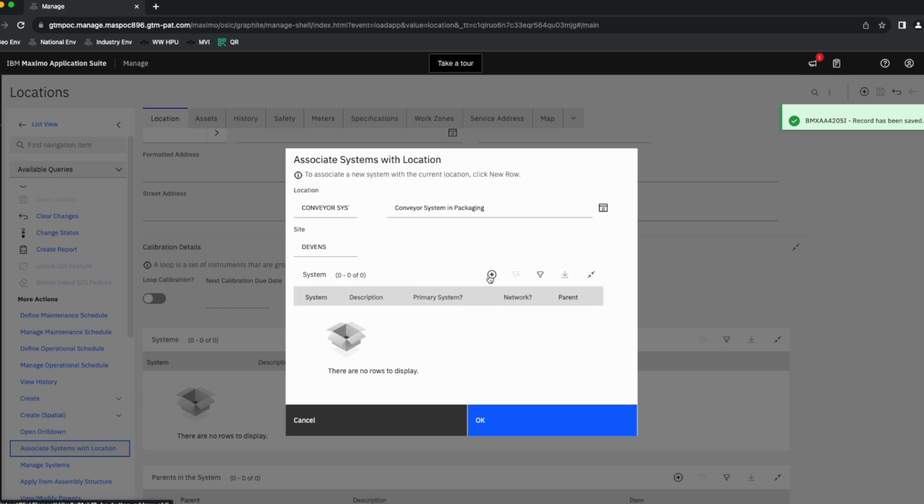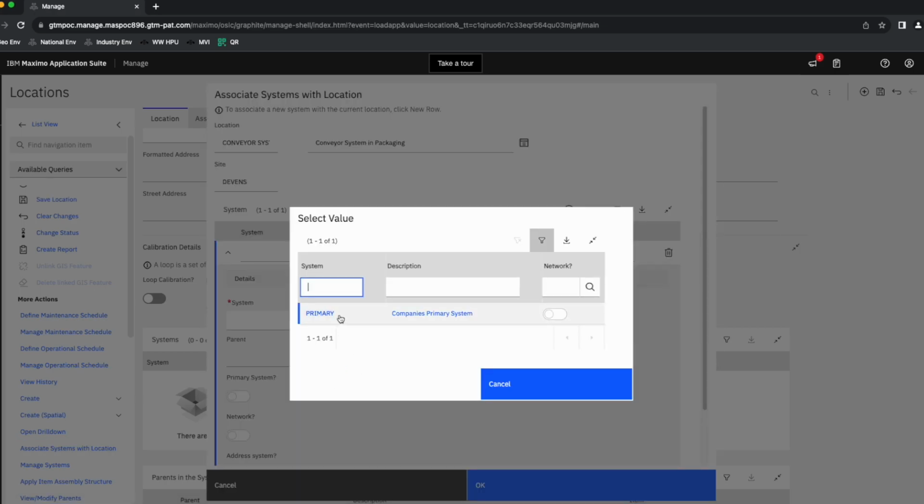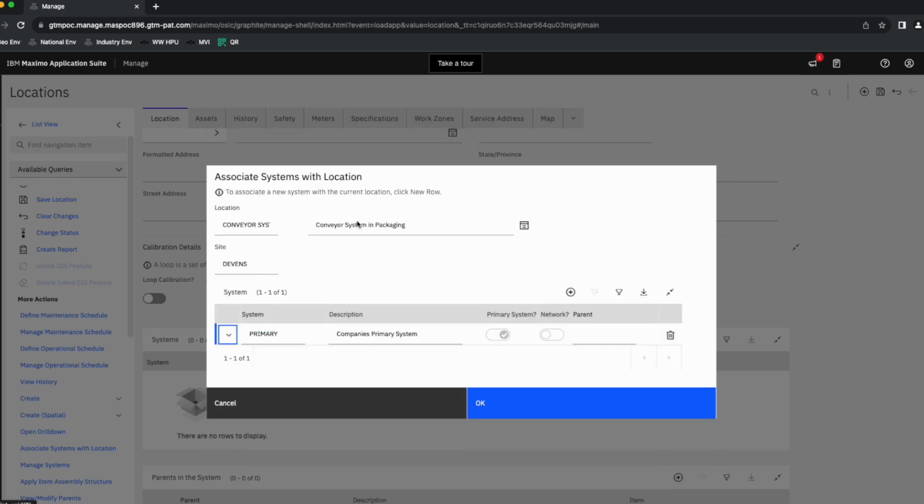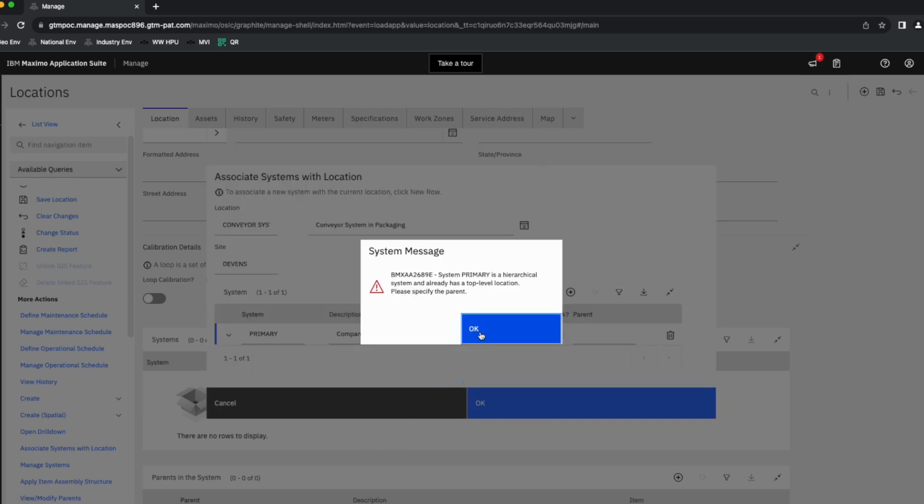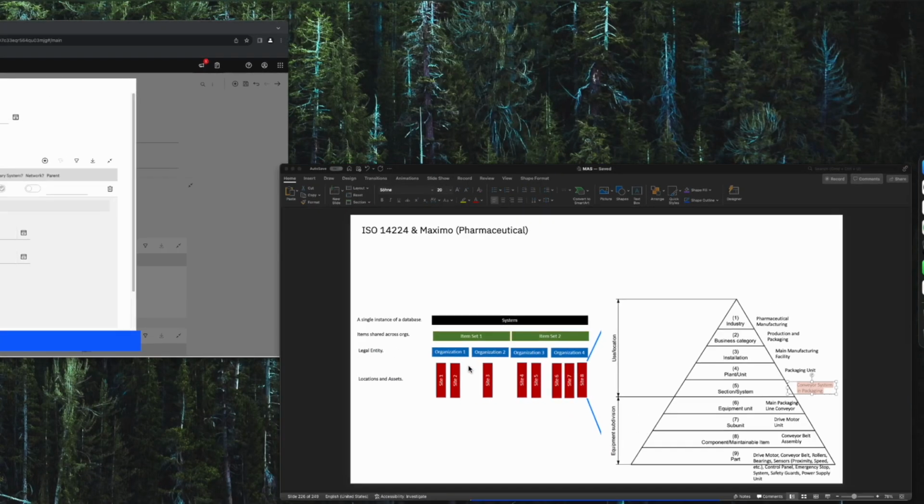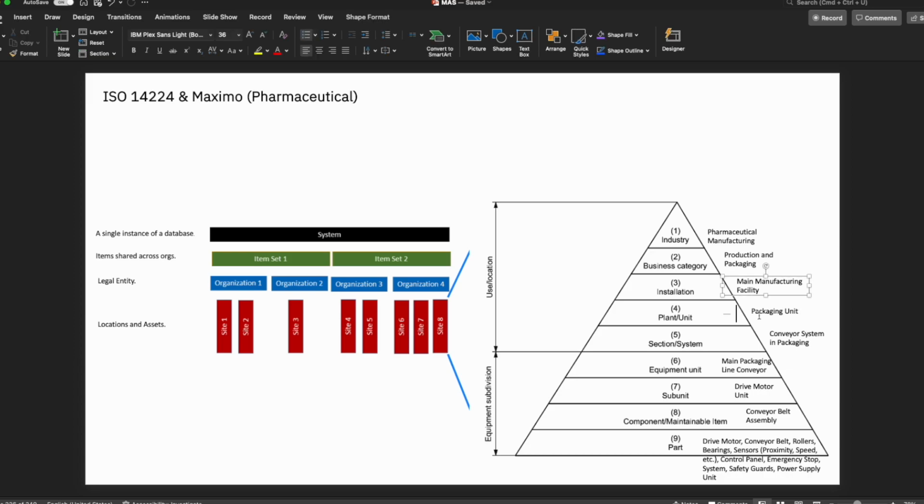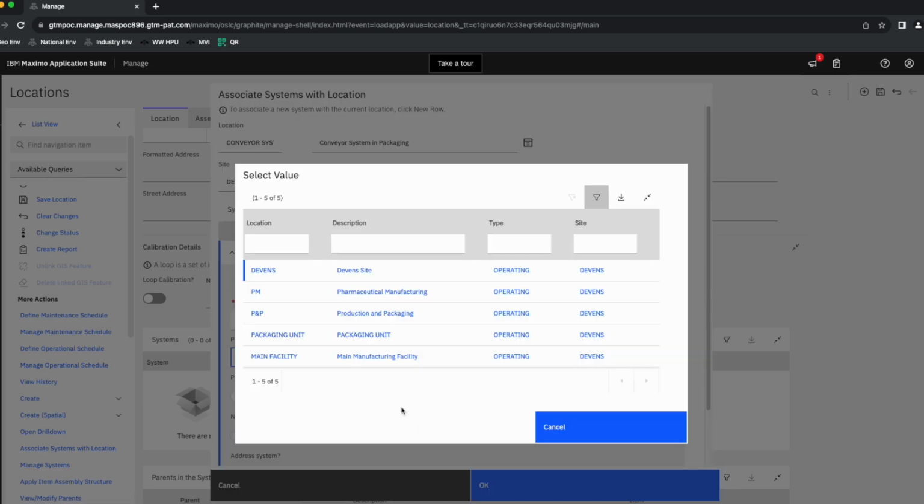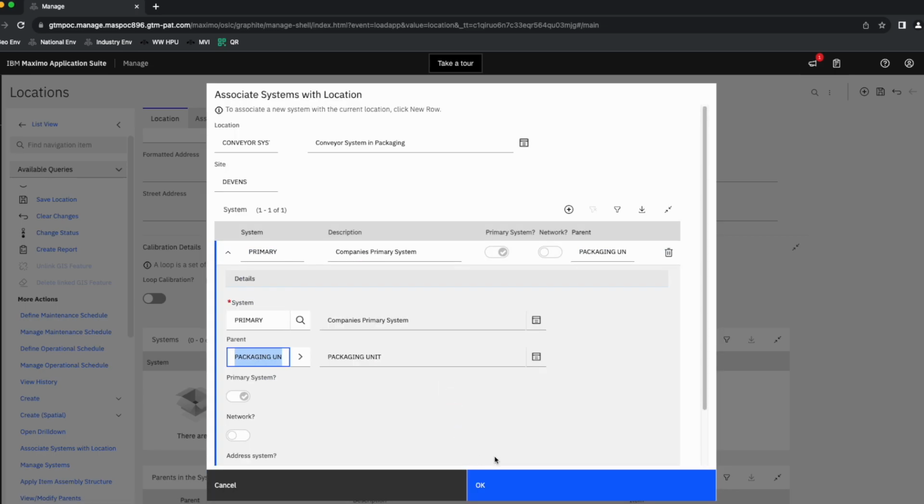And we're going to associate the system for the Devon site to this location. So we're essentially telling Maximo what the primary hierarchy is that this location is a part of. And here it flagged and said, hey, we already have a parent location that you're going to have to assign this location to. And if we go back to look at our hierarchy, we're going to want to set that as the packaging unit location. So here, we're just going to go ahead and select the value, look for a packaging unit,